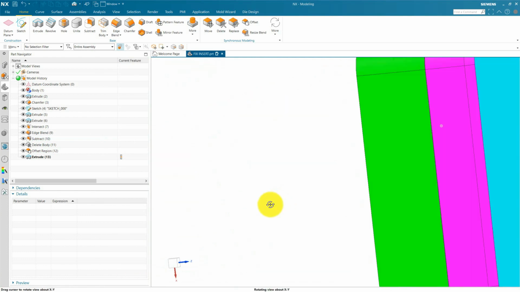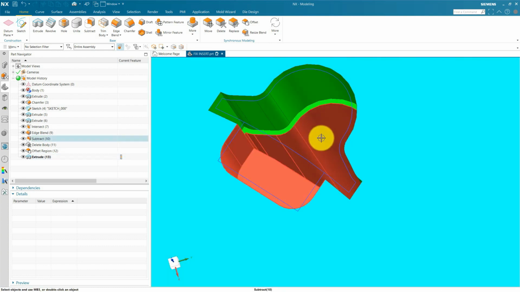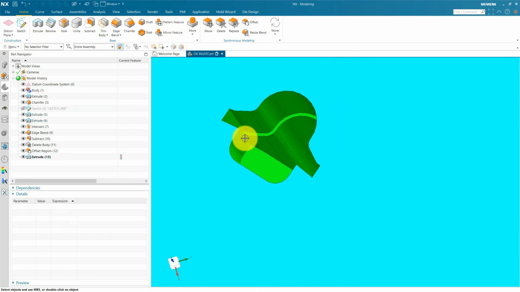Now by using this method you can add relief on that, and that is our matching area, that is our relief. Press OK, hide this sketch.